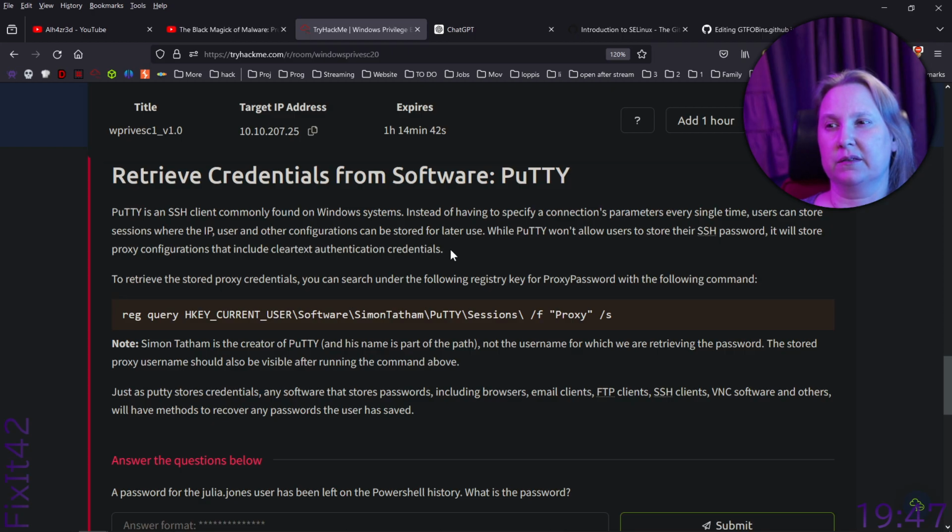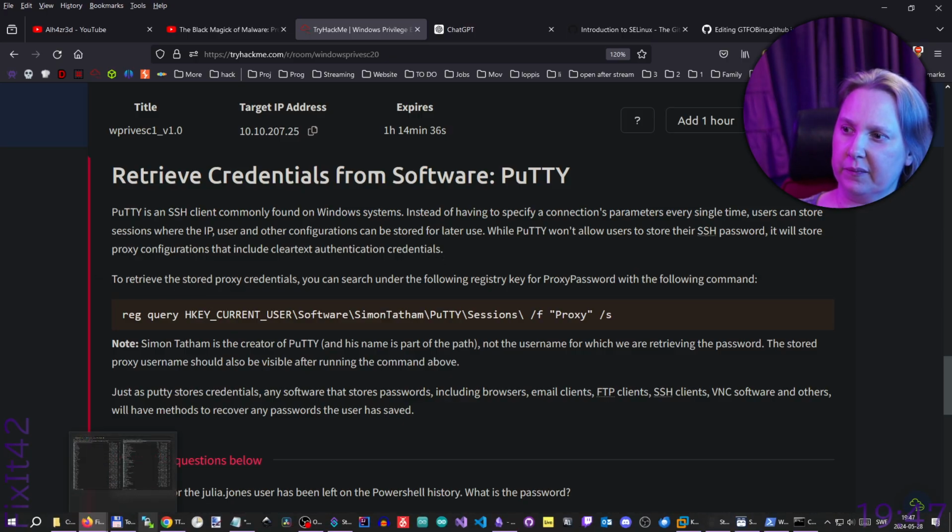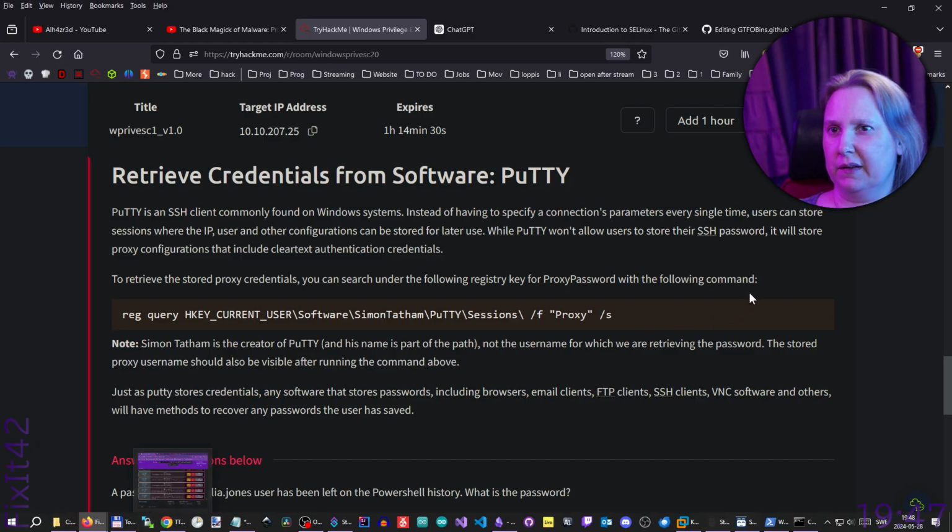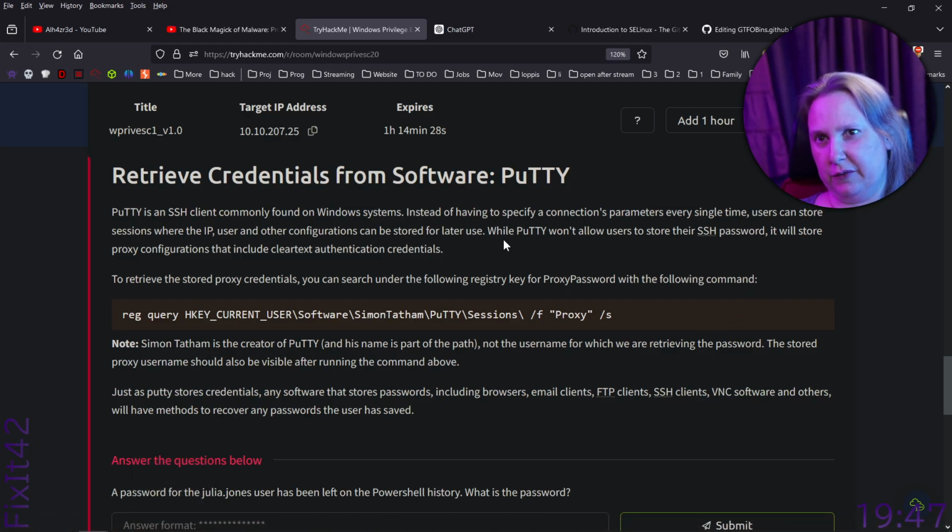No, it's another program. I'm just using PuTTY from this WinSCP, and it stores the passwords. So not PuTTY itself. To retrieve the stored proxy credentials, you can search under the following registry key for proxy password with the following command. So we won't run this,